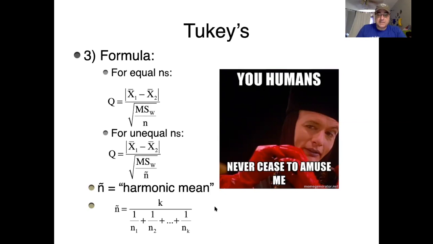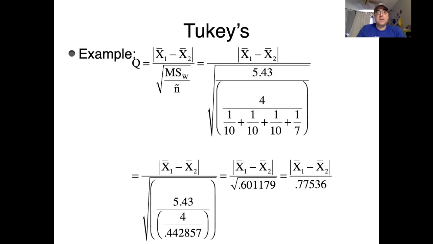So in this case, for the harmonic mean, right down here, you would need 4, because there are 4 groups, divided by 1 divided by 10, 10 people in the first group, plus 1/10, 10 people in the second group, plus 1/10, 10 people in the third group, plus 1/7, 7 people in the fourth group. By the time you add all that up, you get 0.442857, divide that by 4, and you actually end up with something that is